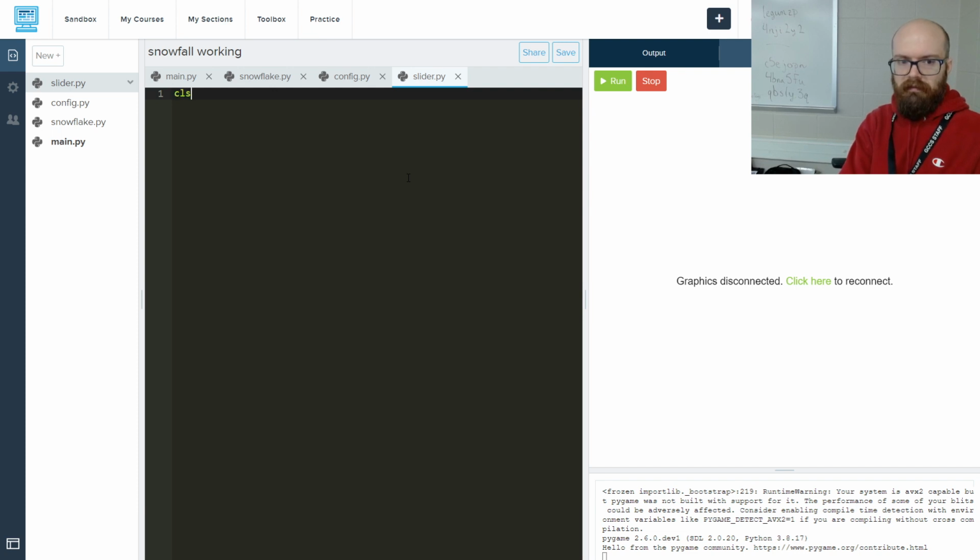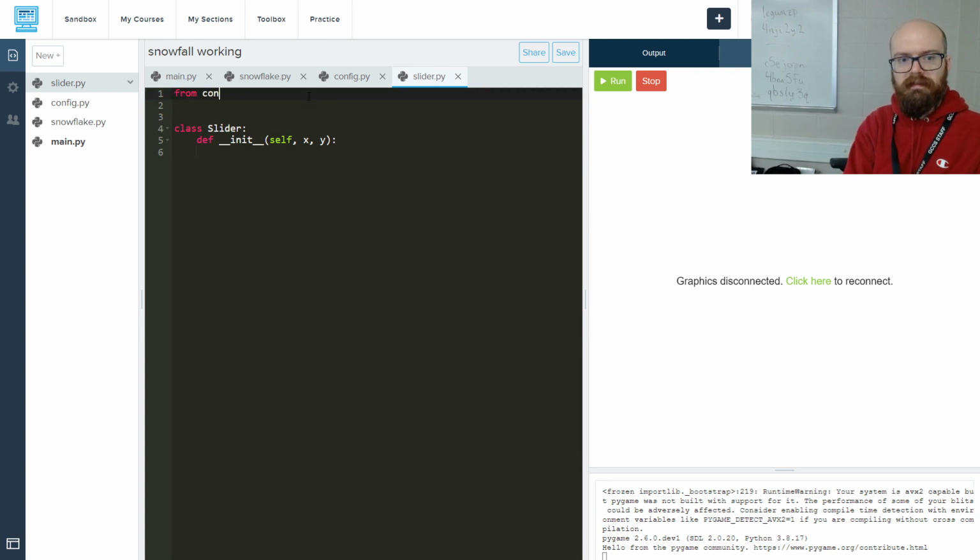So I'm going to have class Slider. I'm going to hit enter because I always think it looks weird to have something on line 1. It just looks nice to have space above it. And then what's the slider going to have? Well, it's going to have an init method because we're going to create it with certain, you know, starting points. And I'm just going to say x and y because we're going to say where is it. The size, I would probably just go with the width of the screen. So let's go ahead and import